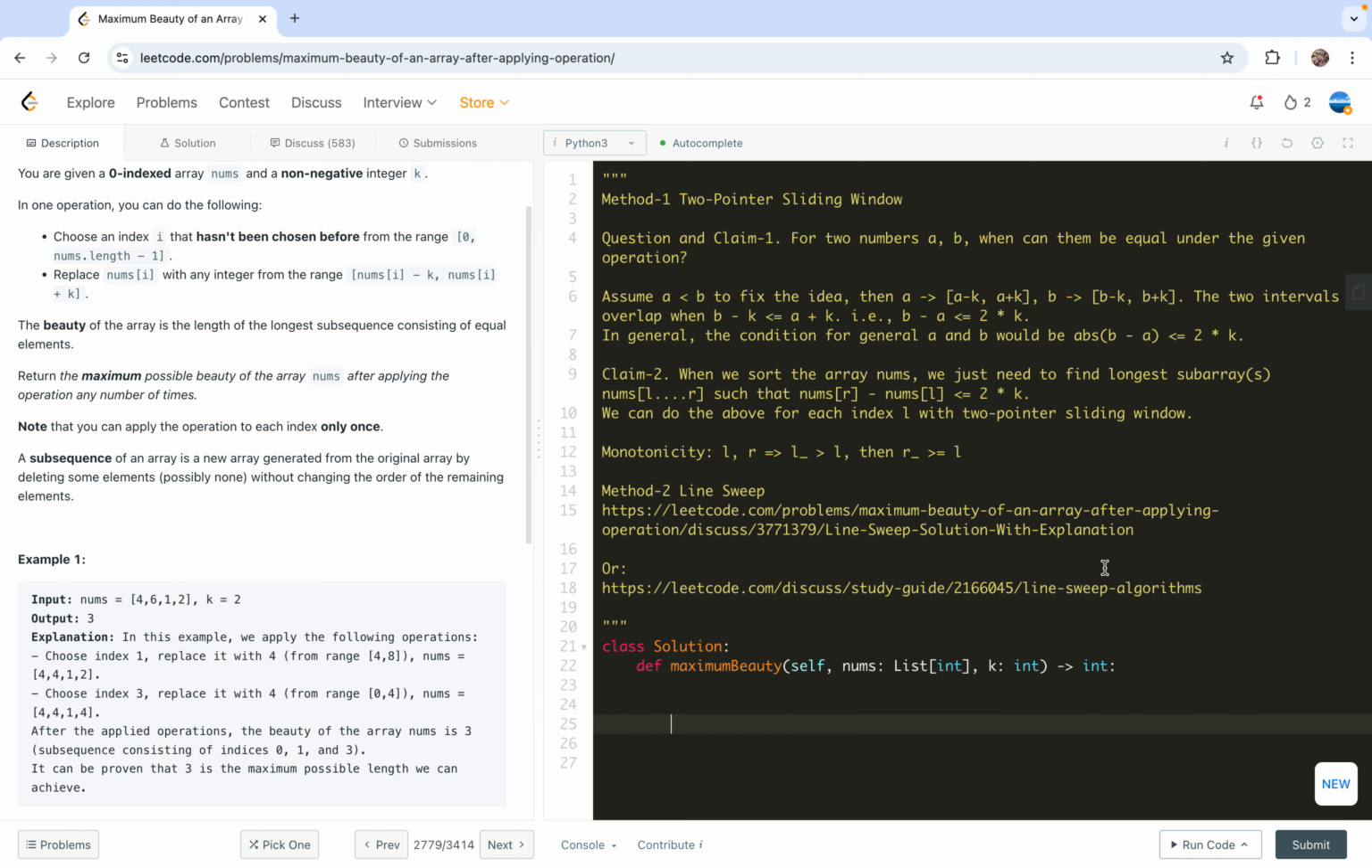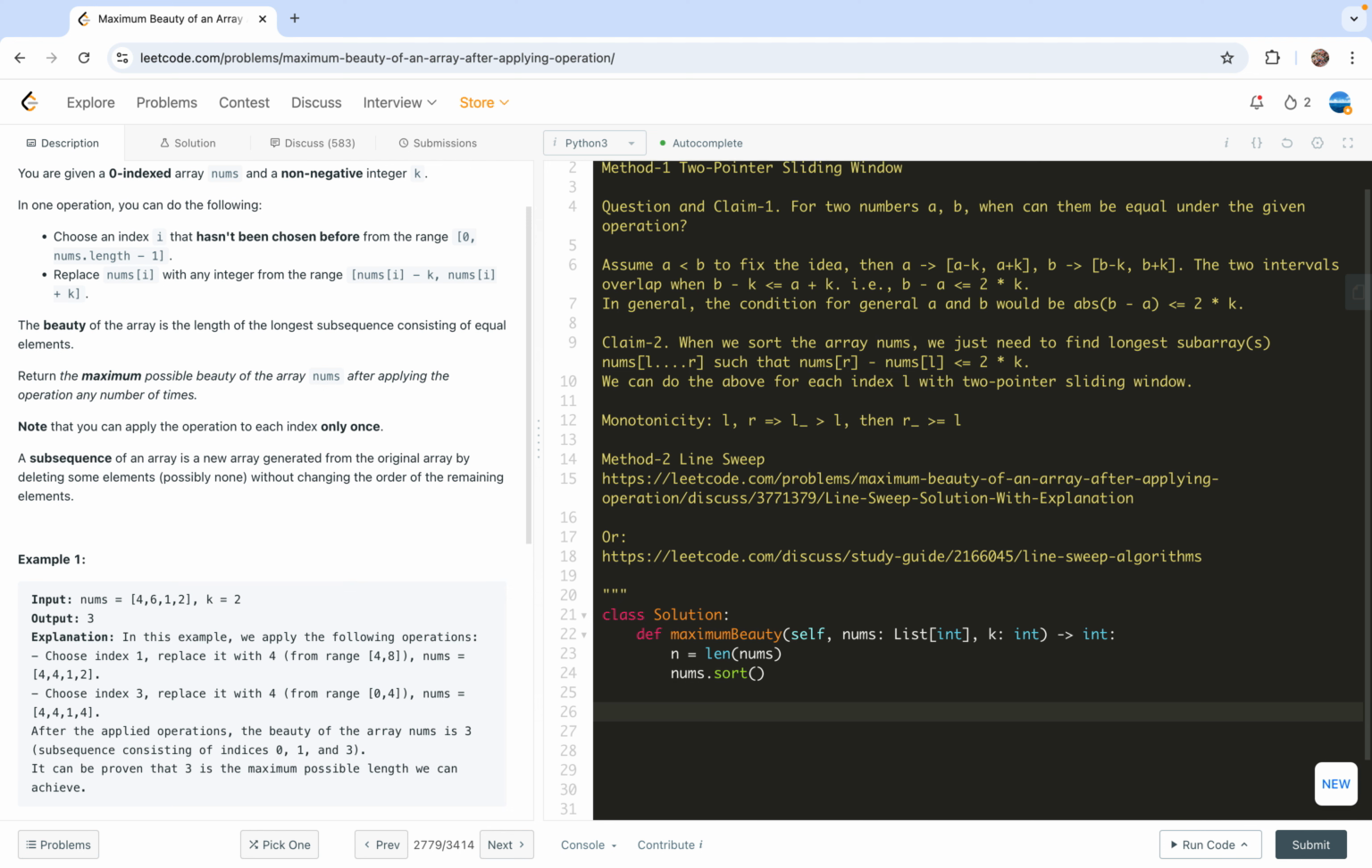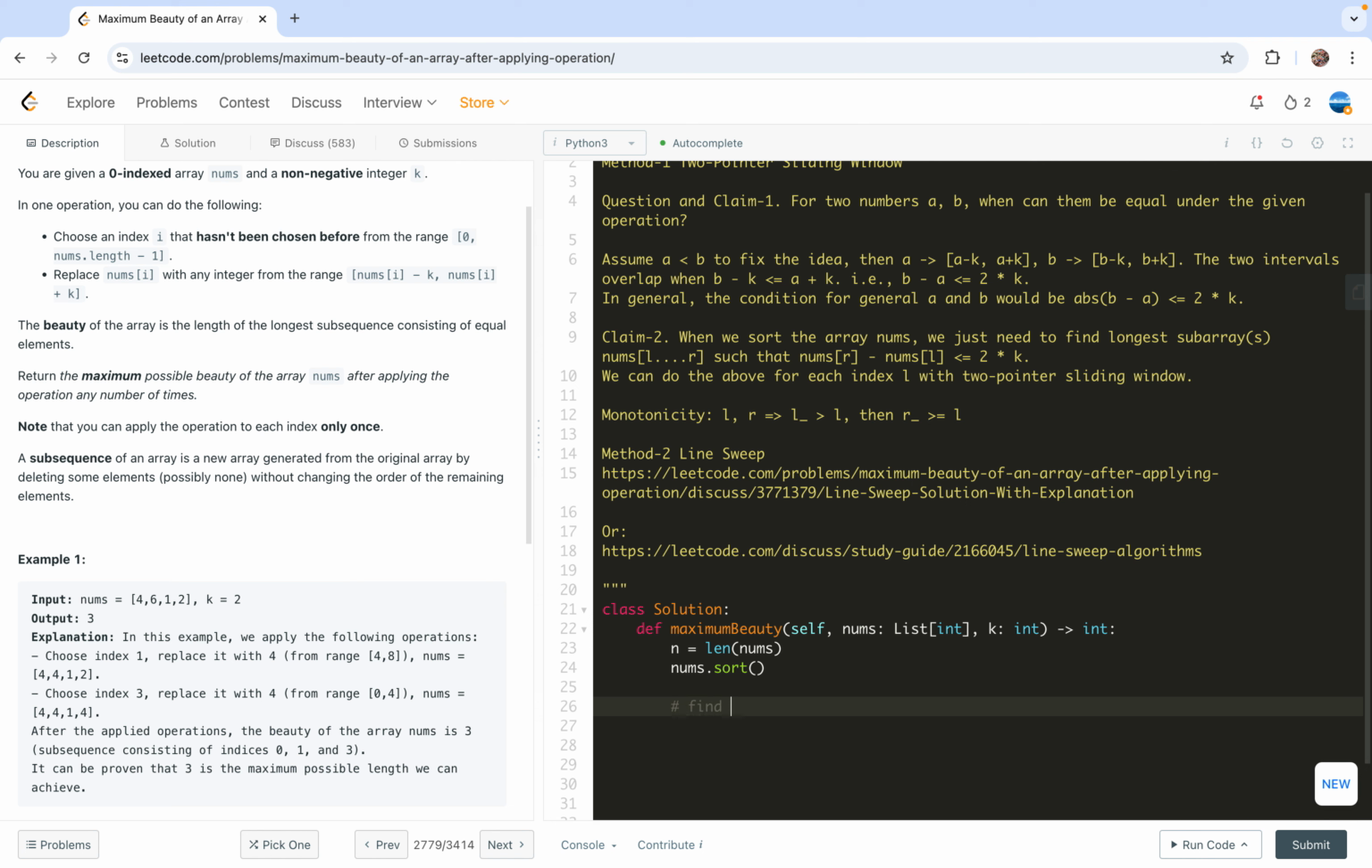First, let's get the length of this array. So this is just for convenience, and then we can do a sort. So here we sort in place. By default, this will sort in increasing order. In other words, the resulting state of nums will be non-decreasing. Then we can find the length of the longest such subarray in nums,